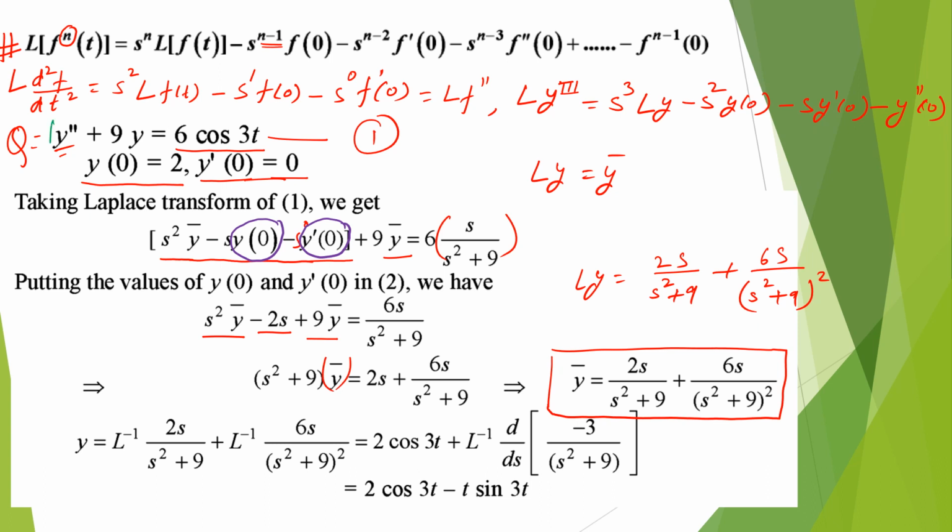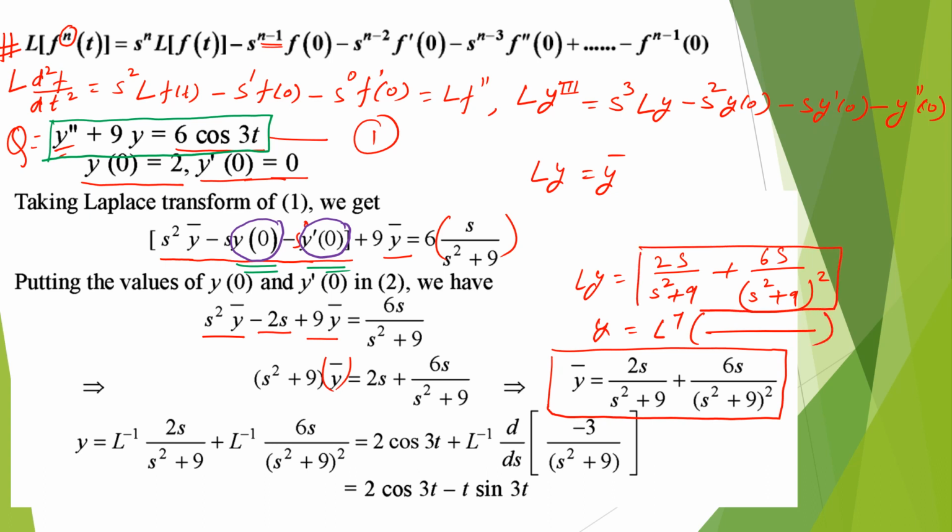Now for this differential equation 1, the solution means the value of y which satisfies the equation and the condition. We have already used the condition. Now what we require is the value of y. So to find the value of y, we just take y is equal to Laplace inverse of all the terms of the right side. That means now we have to find out the Laplace inverse. So y is equal to Laplace inverse of 2s upon s square plus 9 and Laplace inverse of 6s upon s square plus 9 whole